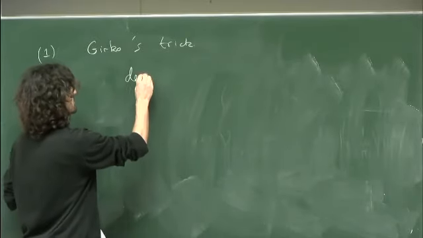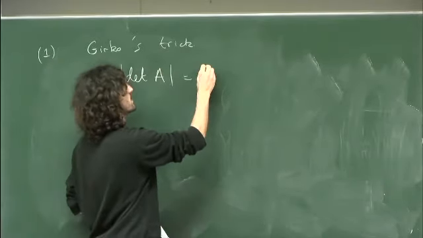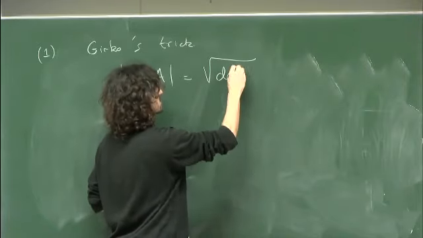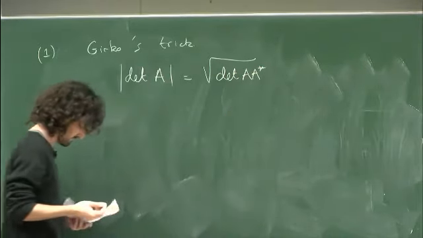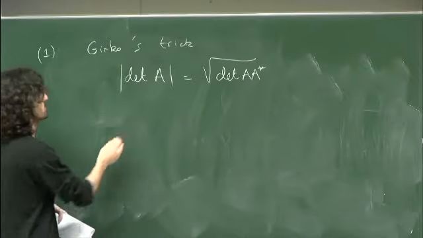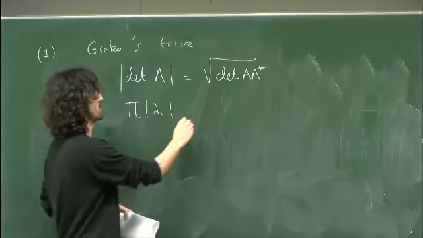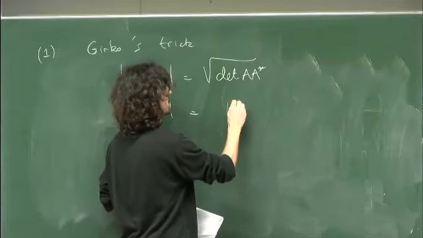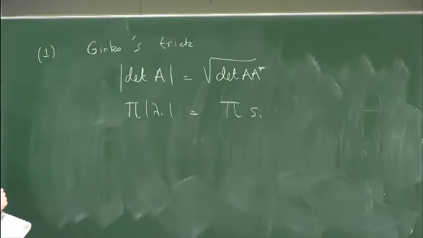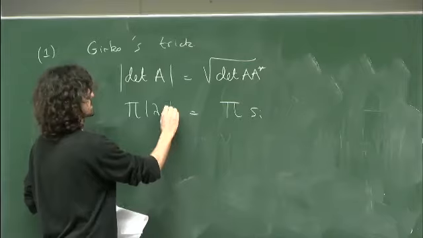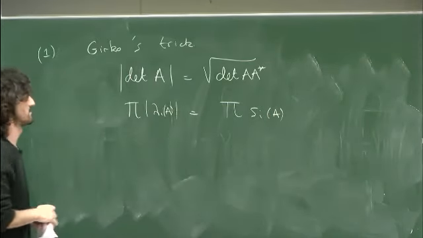So you start from the formula that the absolute value of the determinant of a matrix is the same as the square root of the determinant of AA star, right? So what it tells you is that the product of the eigenvalues in absolute value is equal to the product of the singular values of the matrix A. If I apply this